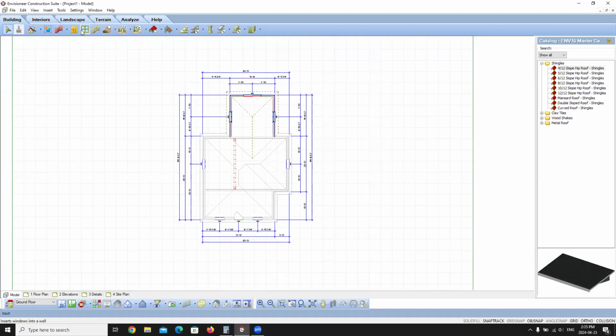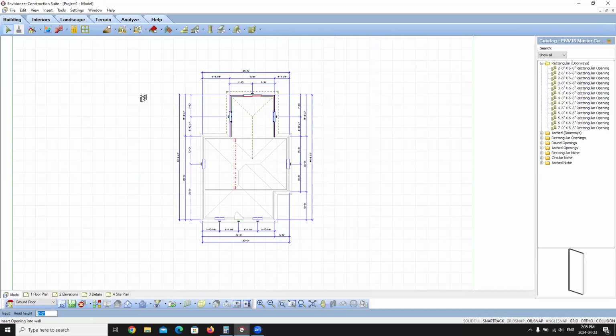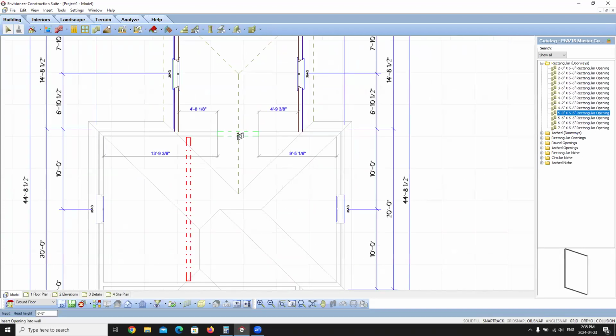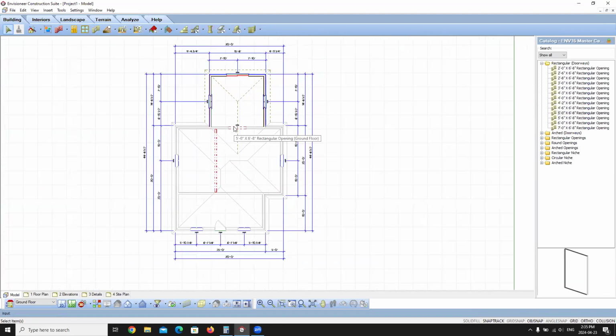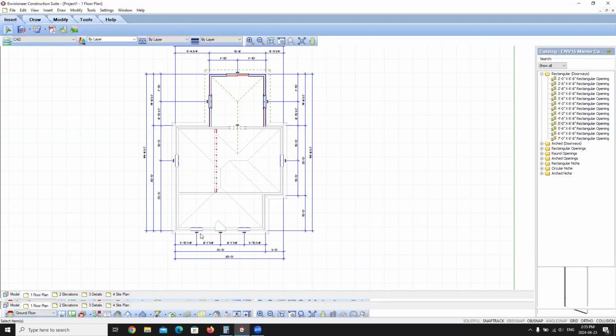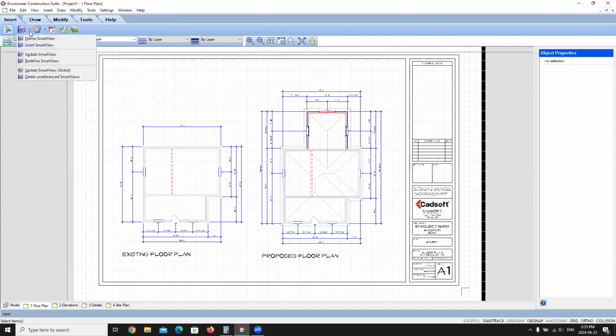And let's go up and we want to add in a cased opening to get into our new addition. So let's just make that a 5-foot cased opening right there. So now we have a new opening to get into our new addition, but I need to reflect that on my worksheet. So I'm going to go back into my floor plan and I can just go up and say,